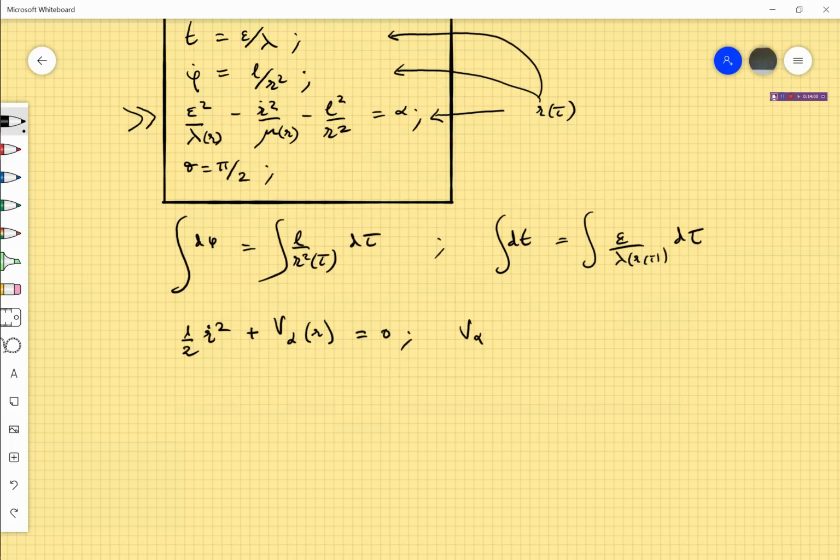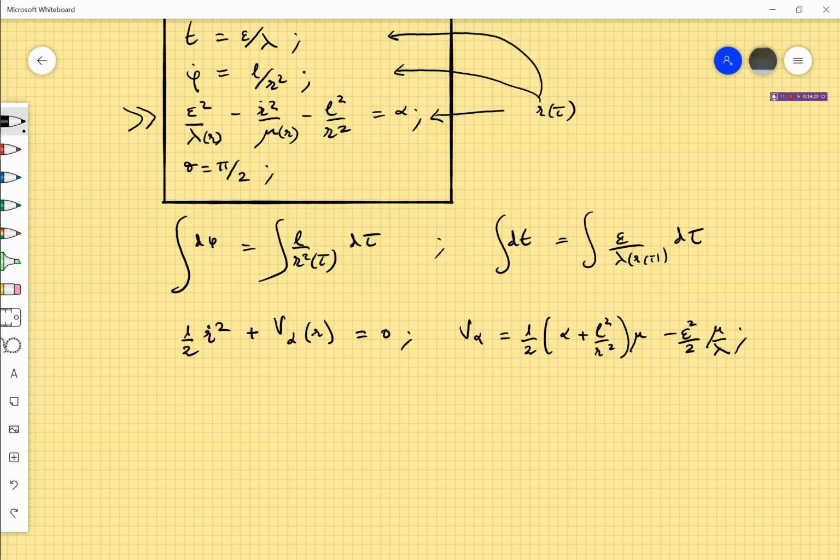Okay, so written in this way, V alpha is one half of alpha plus L squared divided by r squared times mu, which is a function of r, minus epsilon squared divided by 2 mu divided by lambda. This is a trivial thing. To rewrite it like this, you just take r dot squared